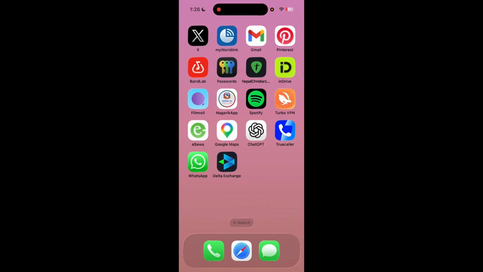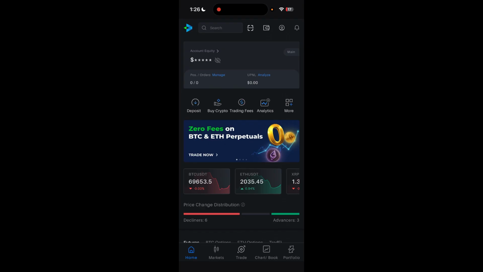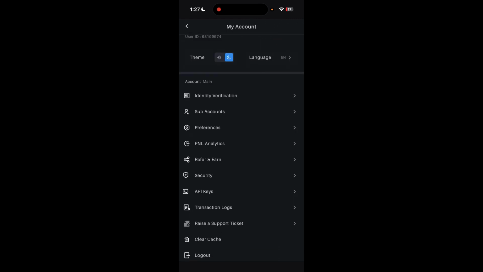So first, unlock your phone and open your Delta Exchange app on your device, and make sure to log into your account using a registered email and password, and make sure to complete two-factor authentication. And on the top right corner we can find this small profile icon. Go to your profile icon, and over here under this my account, scroll a bit down until you find